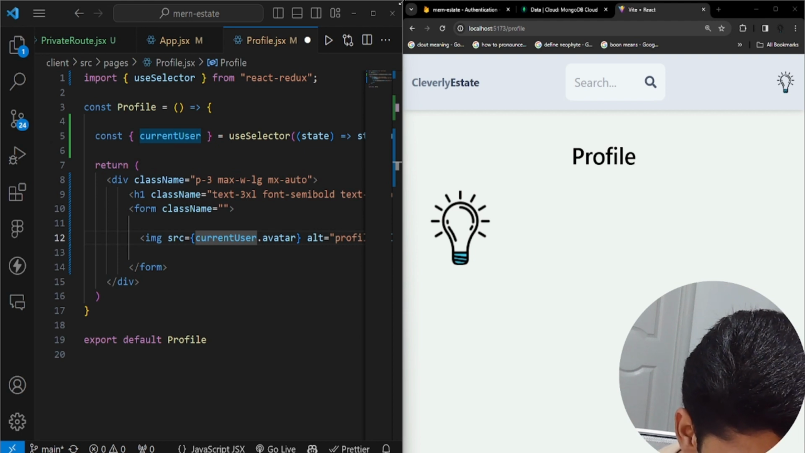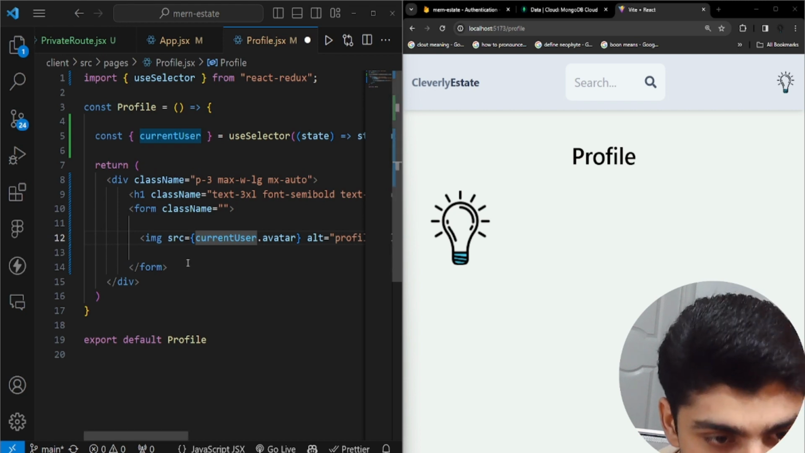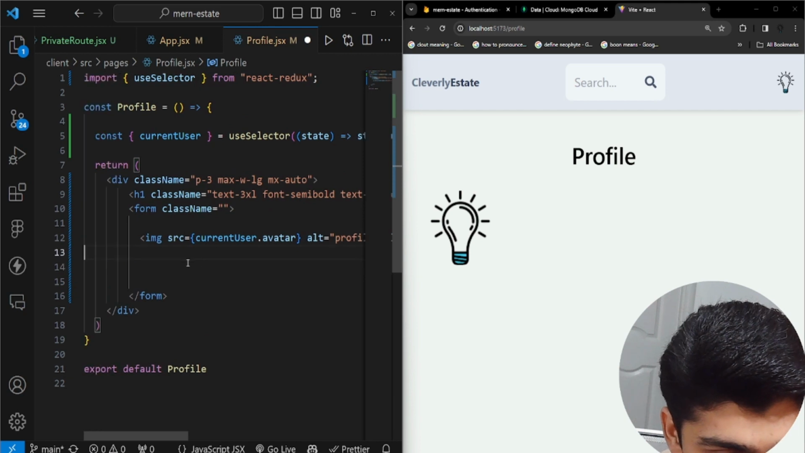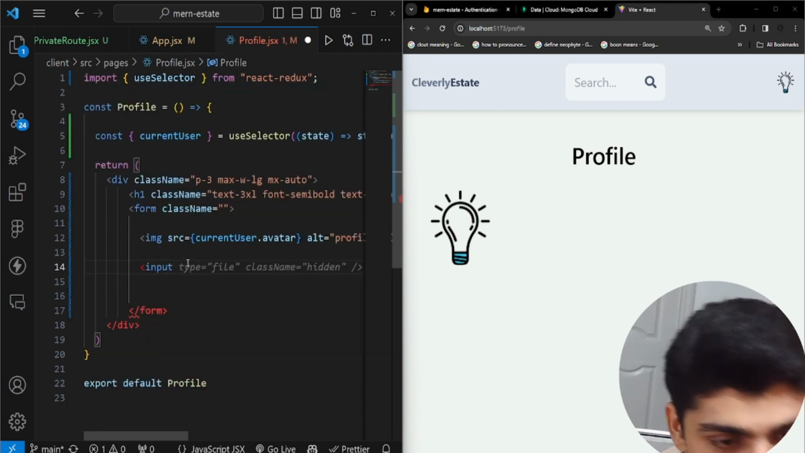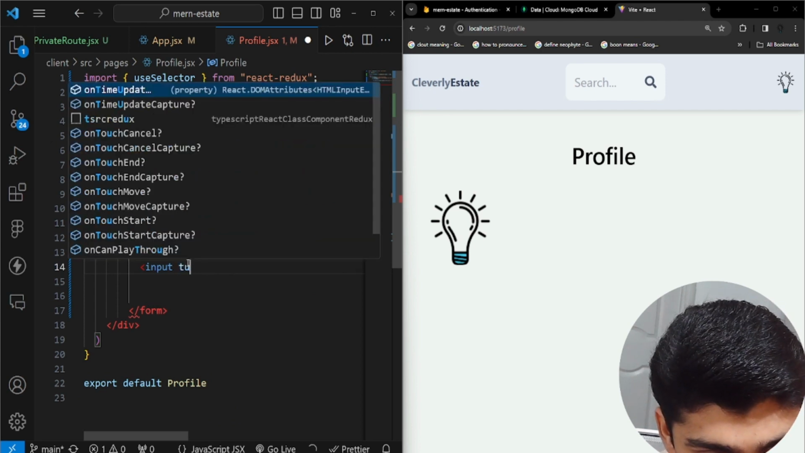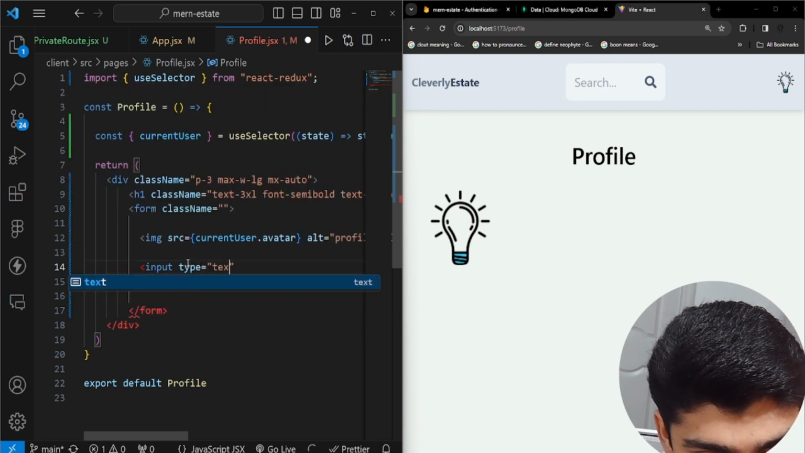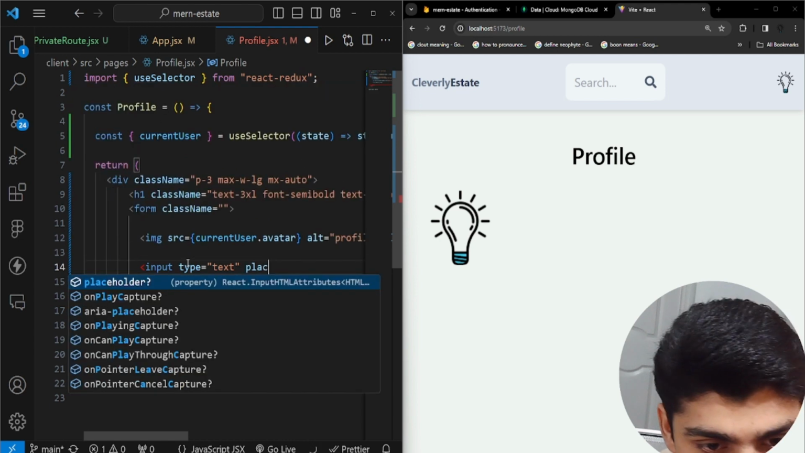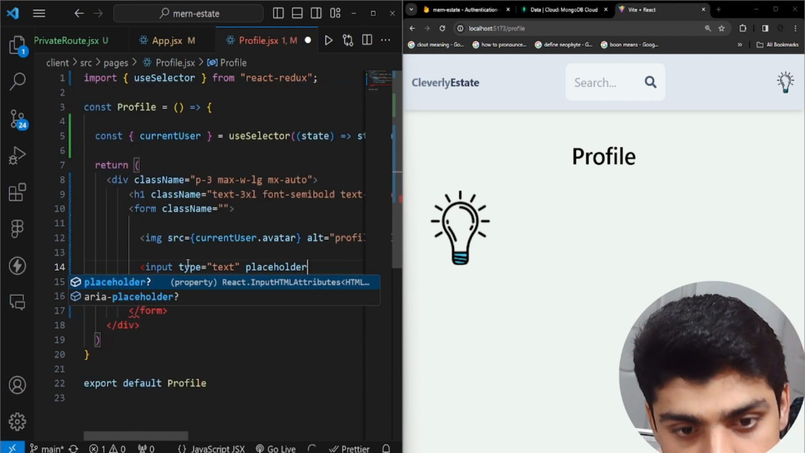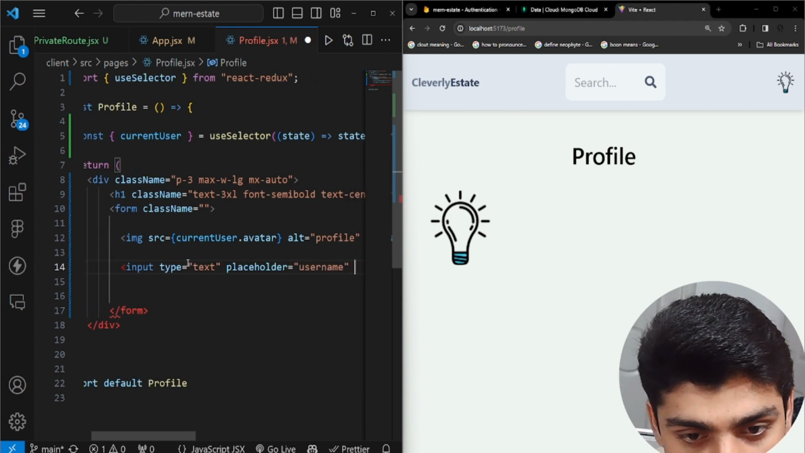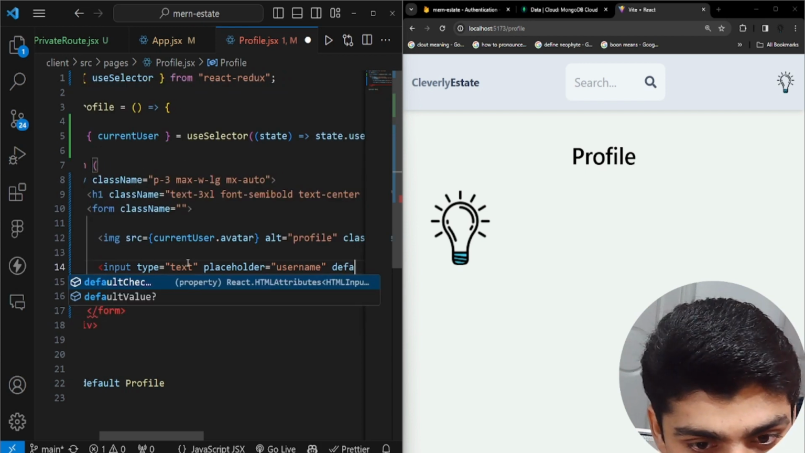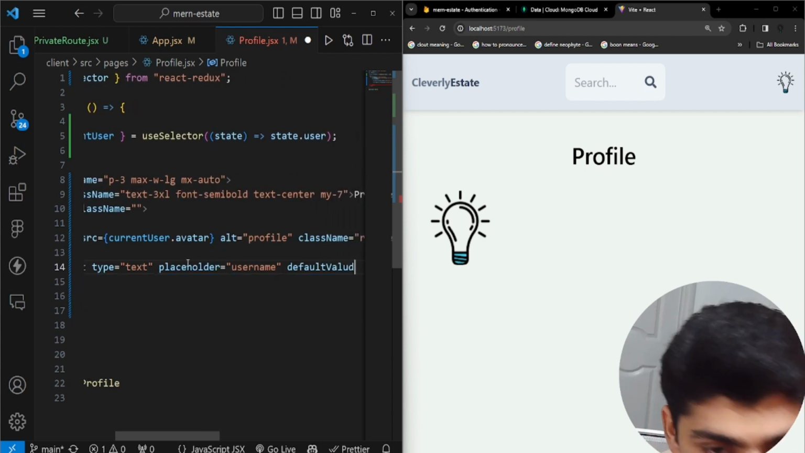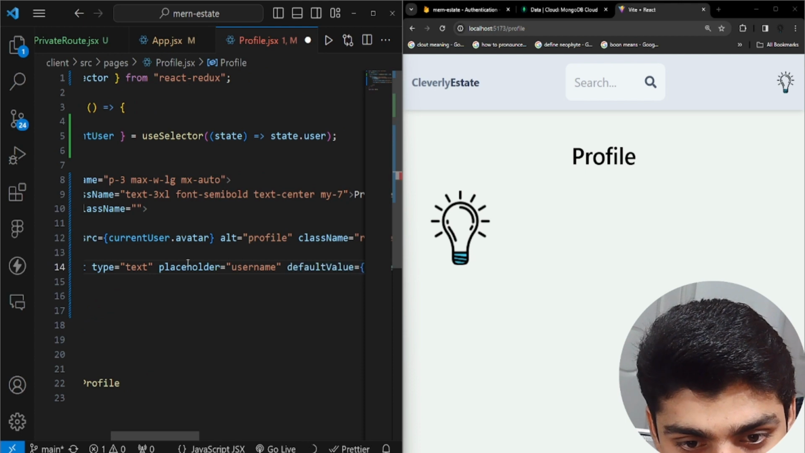At the moment I just see the image, and it should have the username. So I'm thinking of having a username here. So maybe an input tag here, type text, and then we have placeholder, we have username, and then we have default value. We could have a default value, and that will be,